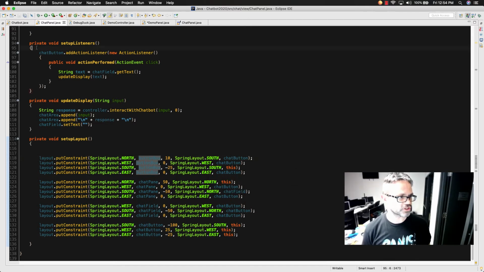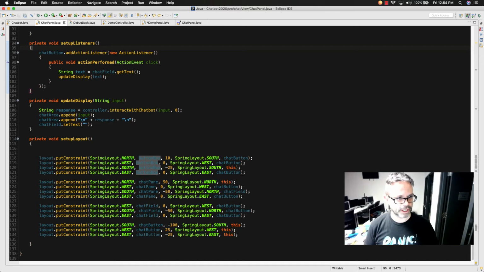Then inside our setup listeners, I need to add a listener for each of those different buttons, and I'm going to use it so I can send information to my lovely little chatbot controller so I can get that information and go through it. And we're going to update it so that when we send information to that, we're going to send, instead of just having a single parameter right here